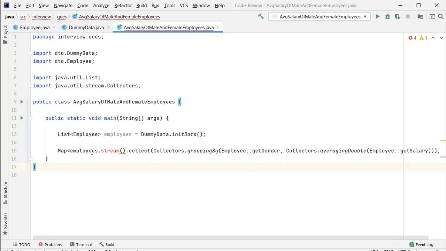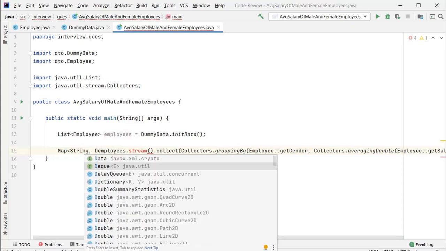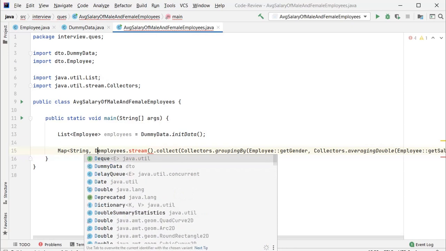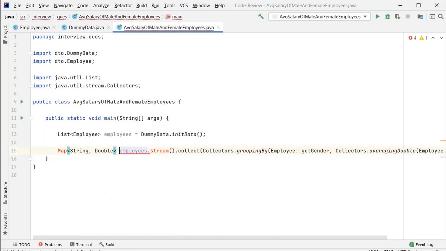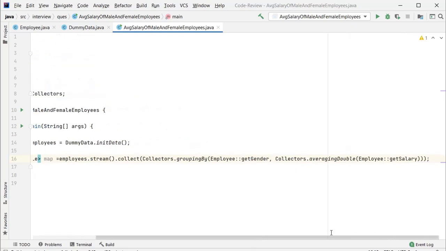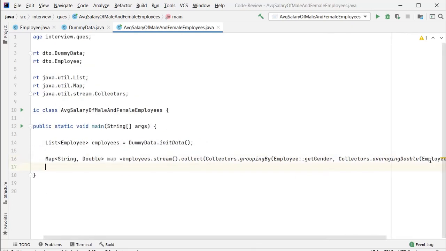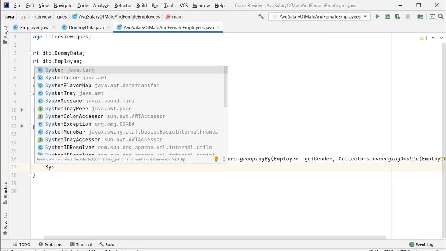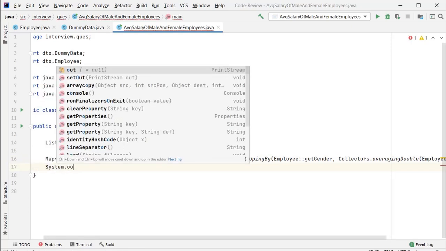So the key will be String and the value will be Double. I need to import it. I imported it. Okay, then I can print it. So here I'll print and show you the output.